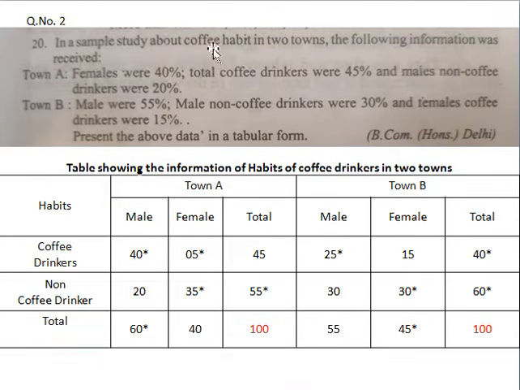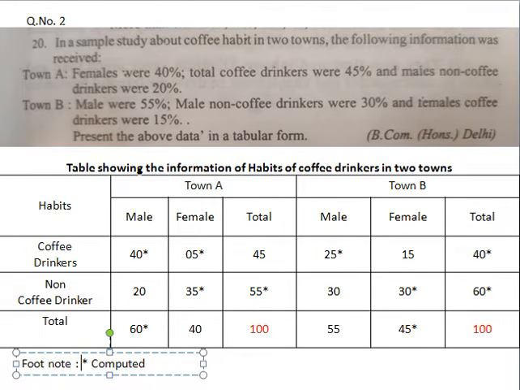Now it is clear. Now you write like this in the question. What is this star? Star means computed. This was your footnote. Here you have to write this one, the footnote. Clear? So what is star? Star in the table, computed figure. I hope that this was clear. Then move to the next question. If there are any questions for a solution, just call me back.